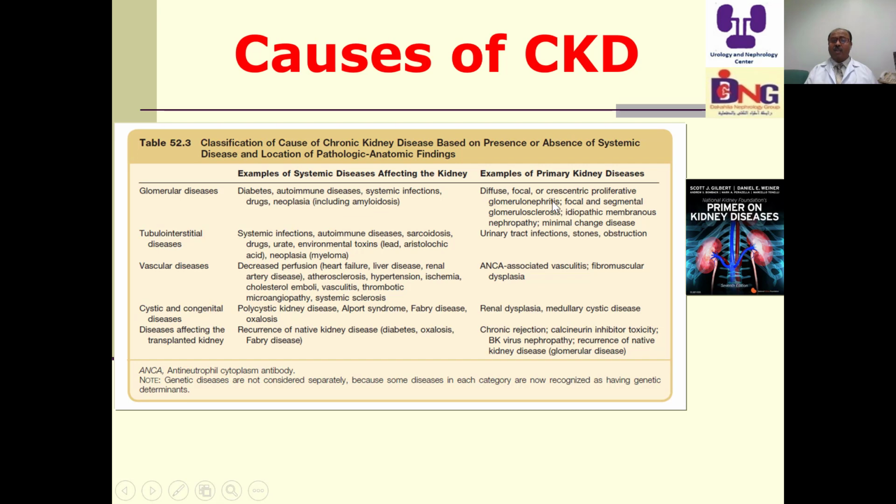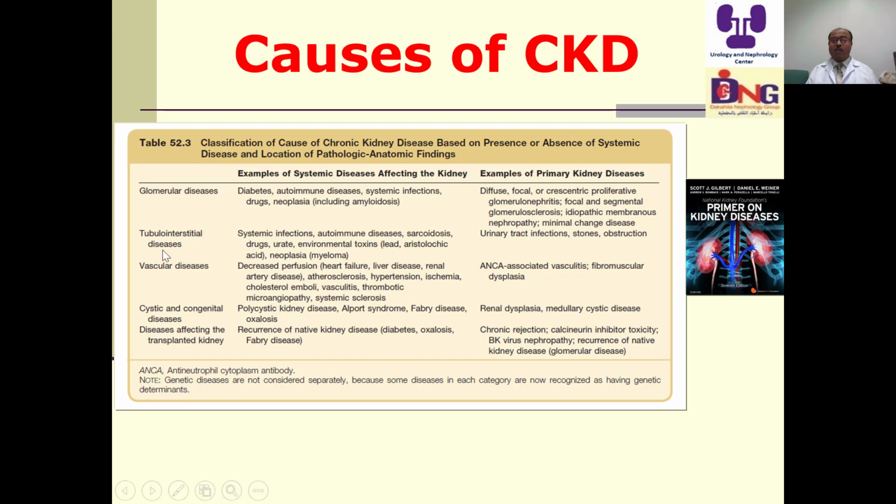Here, these are the primary kidney diseases. It affects the kidney as solely affected or primarily affected, like diffuse, focal, or crescentic proliferative glomerulonephritis. Focal means less than 50% affection of the glomeruli. Segmental means part of the glomerulus is affected, either by proliferative process or glomerulosclerosis process. Membranous means the thickening of the basement membrane. Minimal change disease means that light microscope shows nothing, no